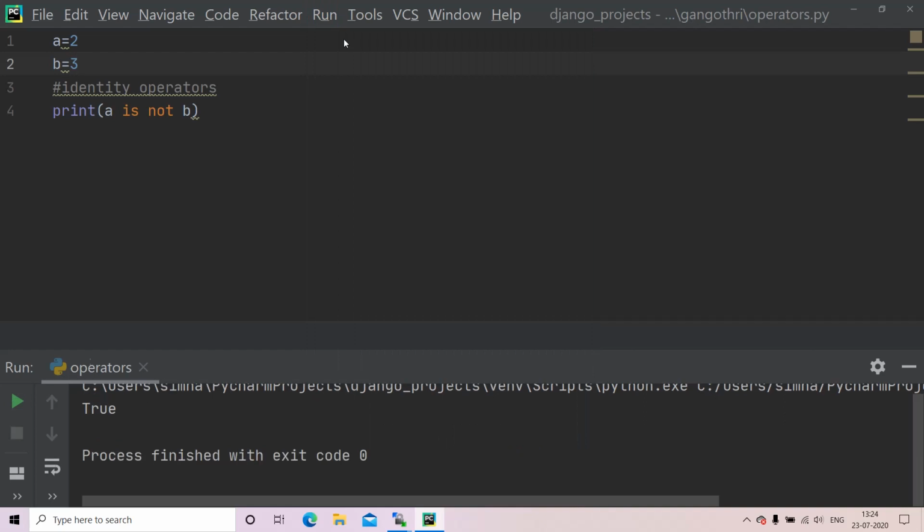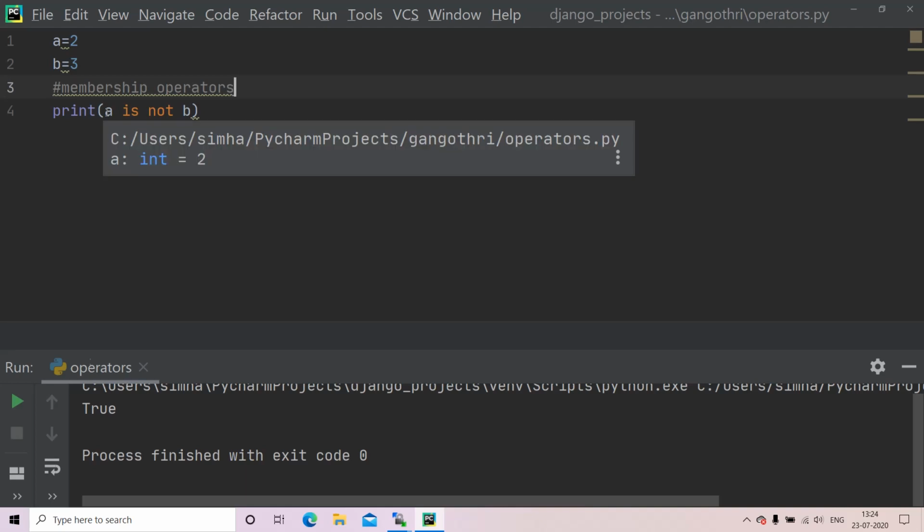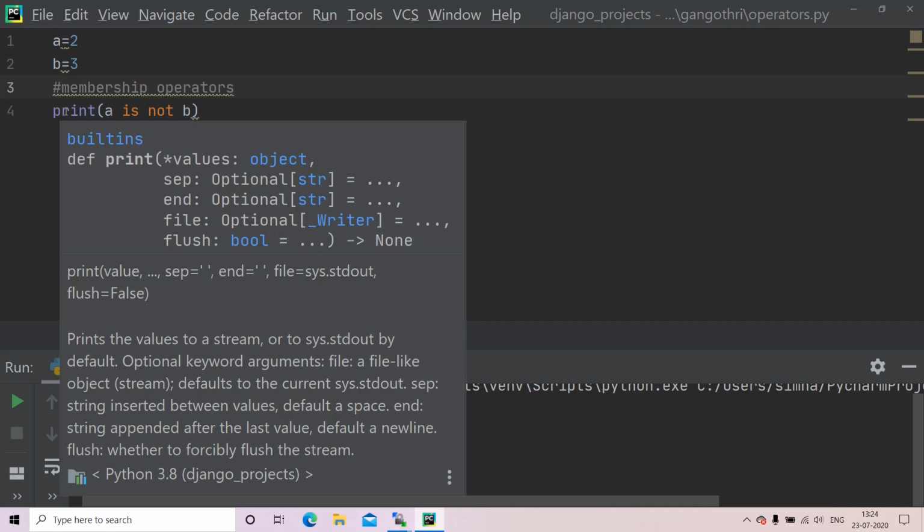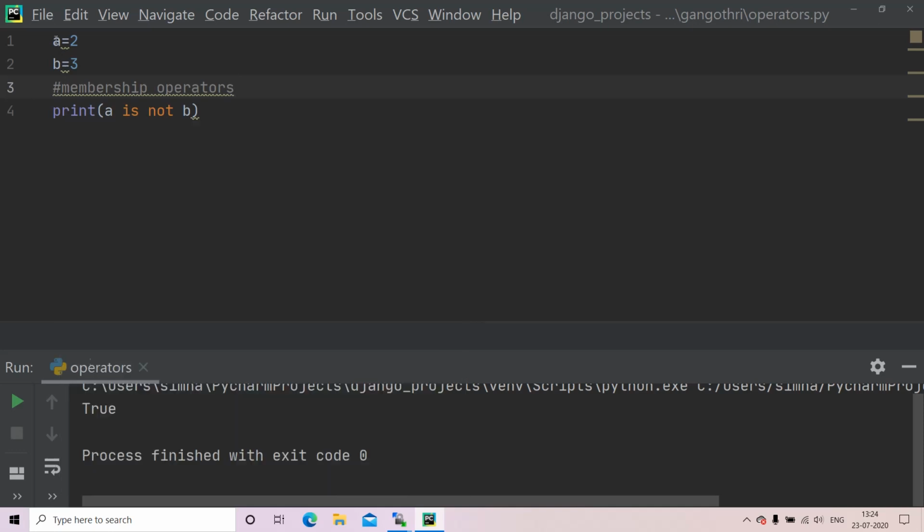Now the next, the fifth kind of operators, we have membership operators. What are membership operators? It checks if A is present in some sequence. Here I'll define a list.